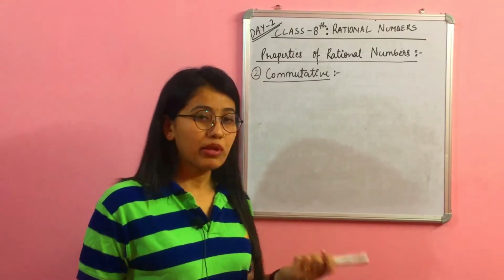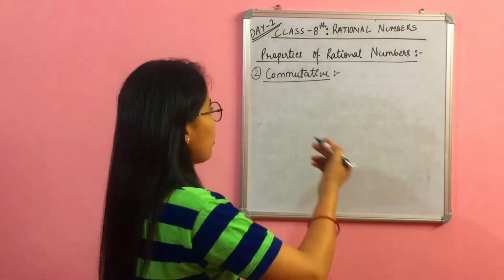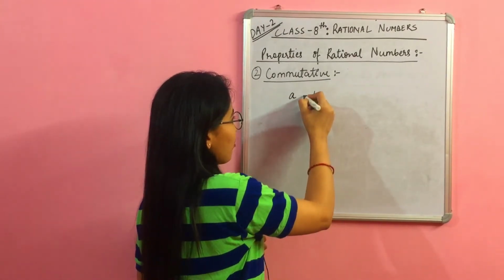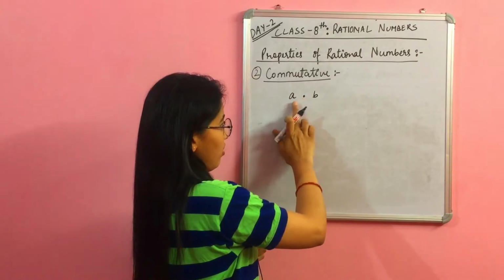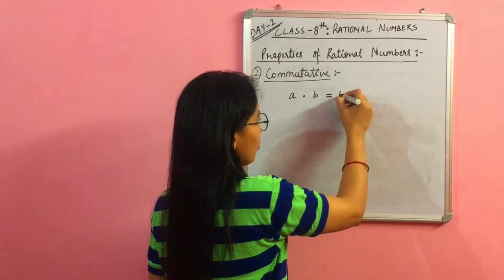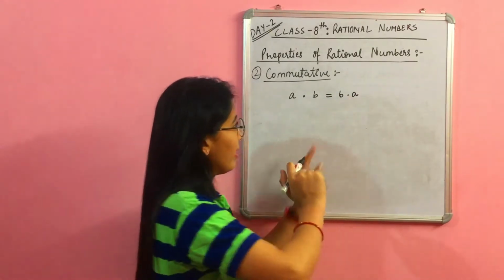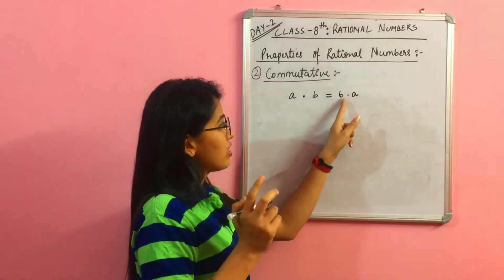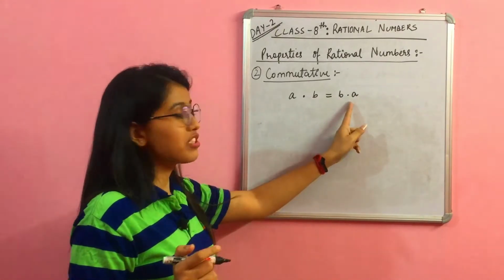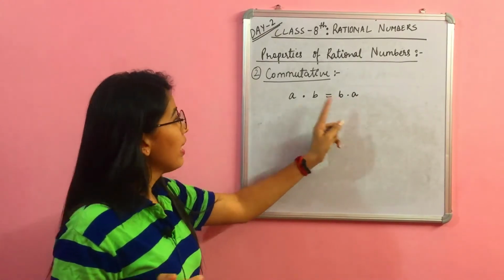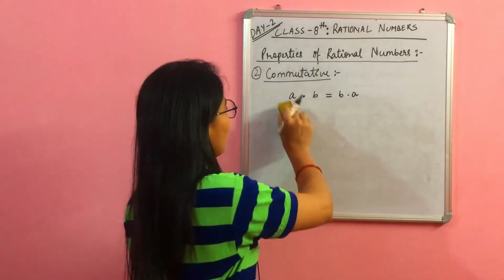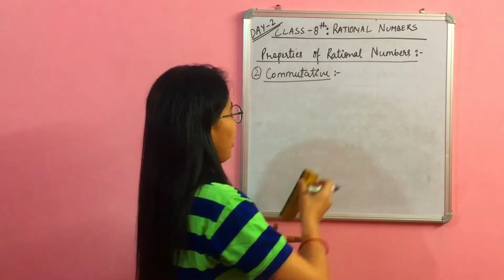What commutative property says, if there are two elements, let us say A and B, and we are performing some operation to A and B, this must be equal to this. That is, if we reverse the element, if we exchange the element, these two LHS and RHS must be equal. Then it is known as commutative property. Now one by one we will take the set and perform the operations.